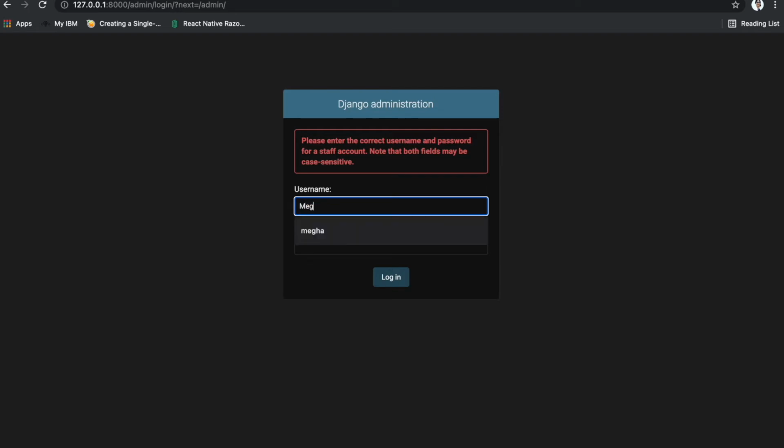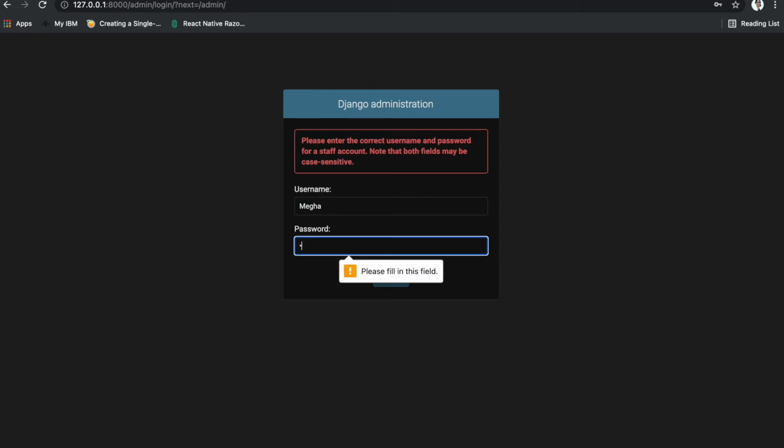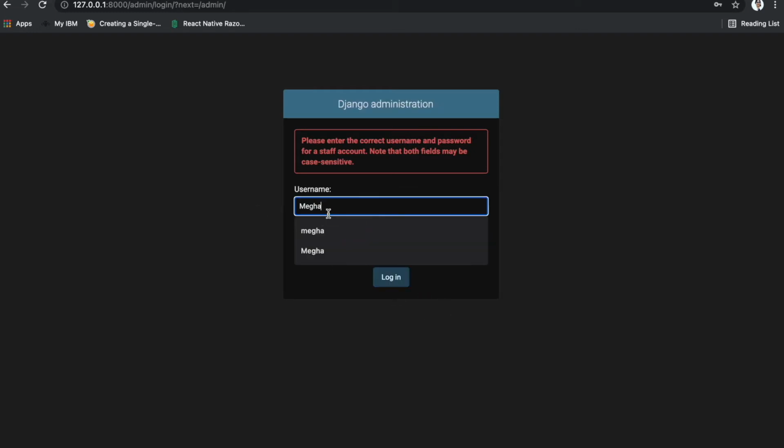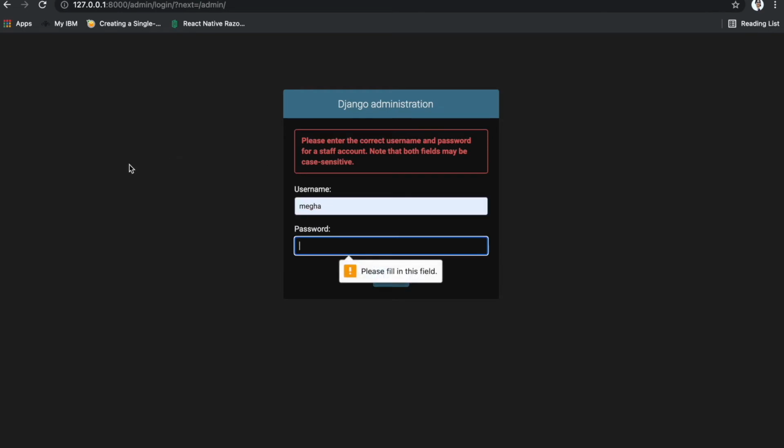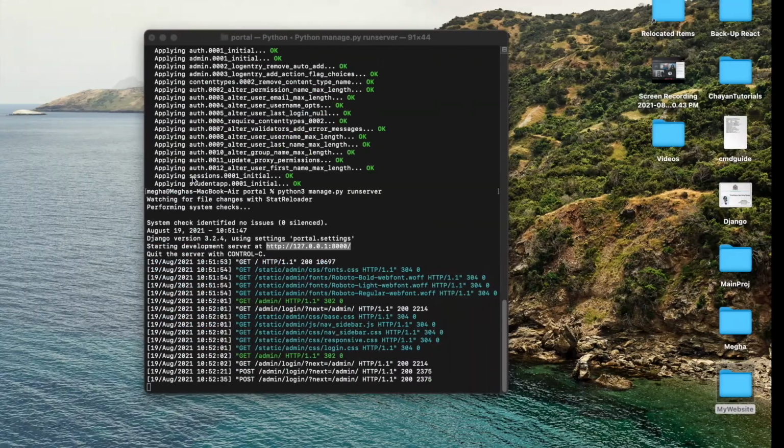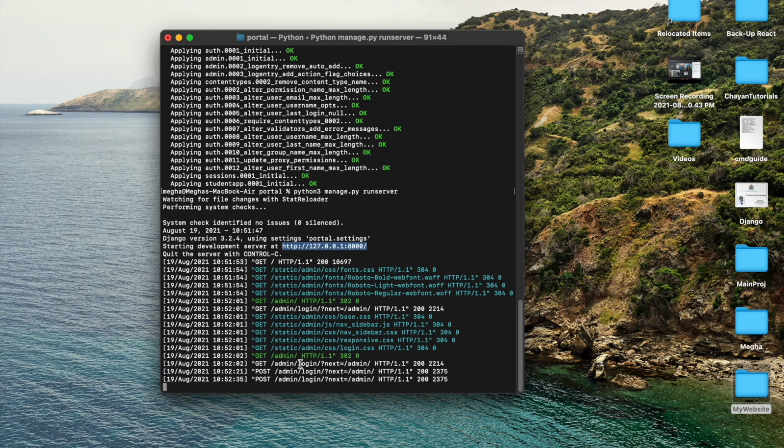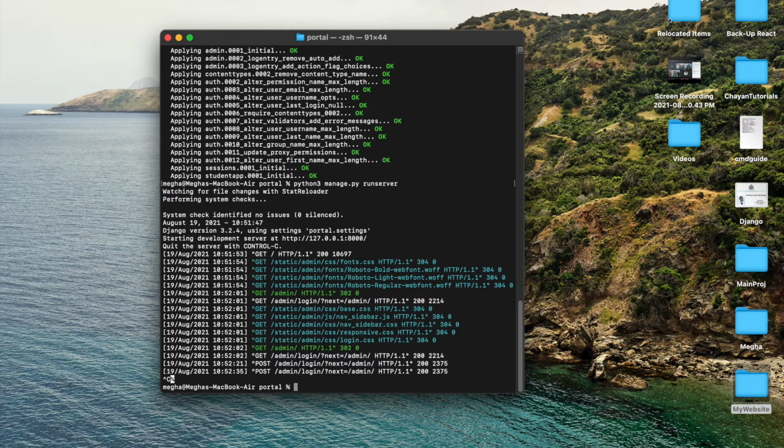Yeah, so it was okay, and I'll try to log in. It's not letting me log in. Okay, so since it's not working, I'll use a particular way. I will ask it to create a super user. Okay, to create a super user, I will say,